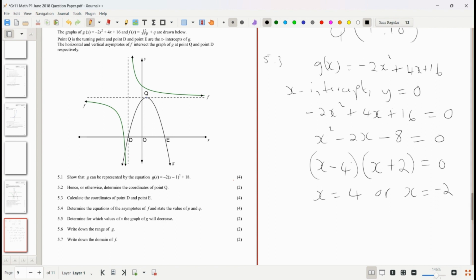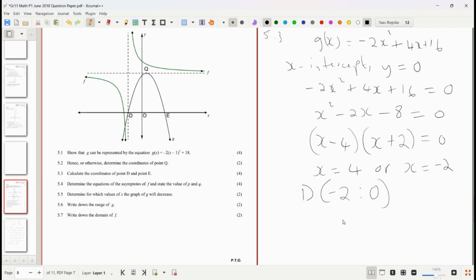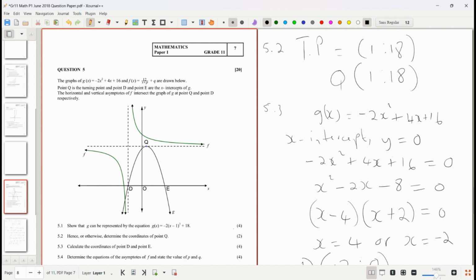So these are the x values. So they wanted what? They wanted point D. So you can see the negative 2. So the coordinates of D will be negative 2, 0. Remember, this is the x-intercept, right? y will always equal 0 at the x-intercept. Okay, and then moving forward,